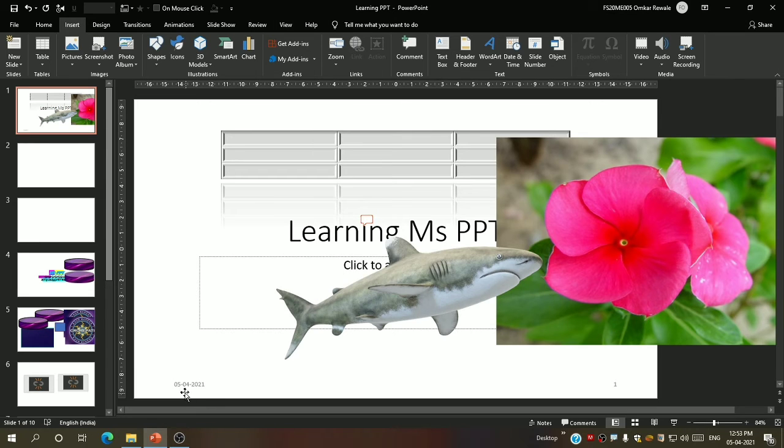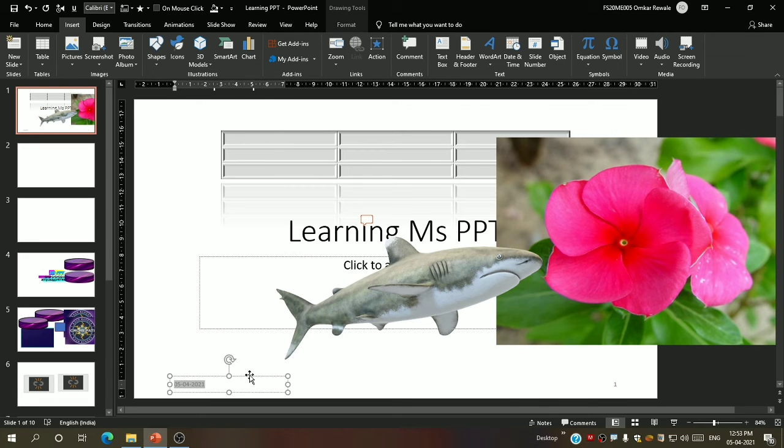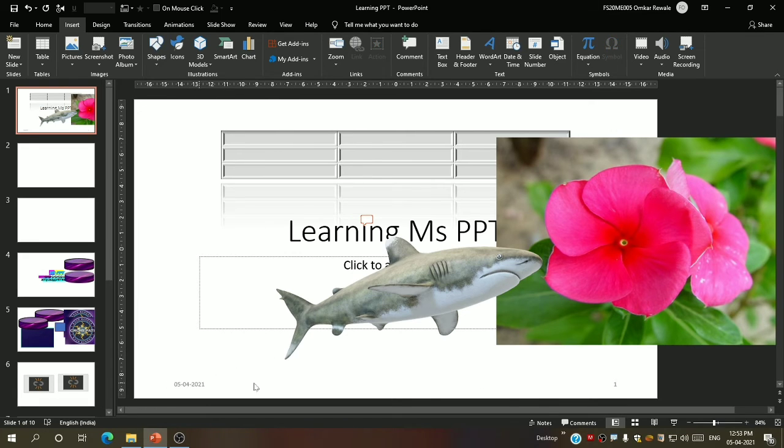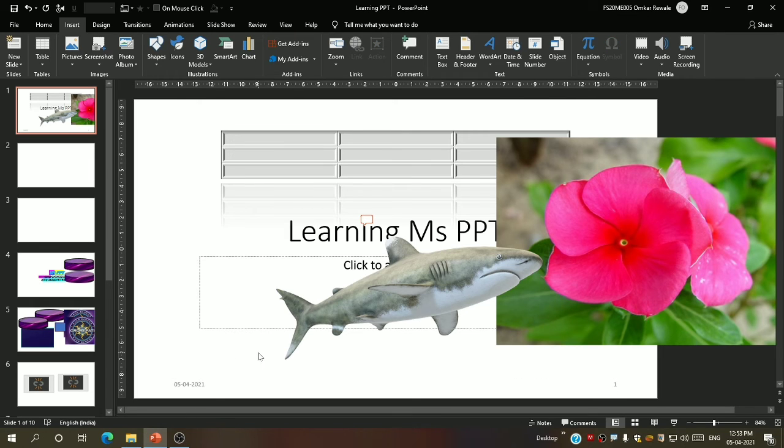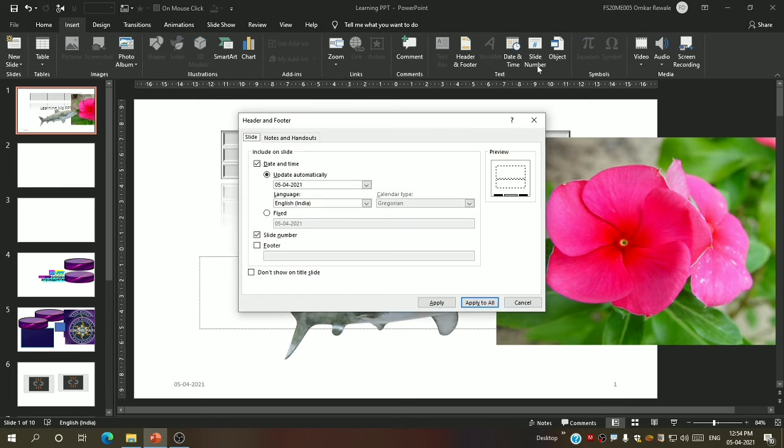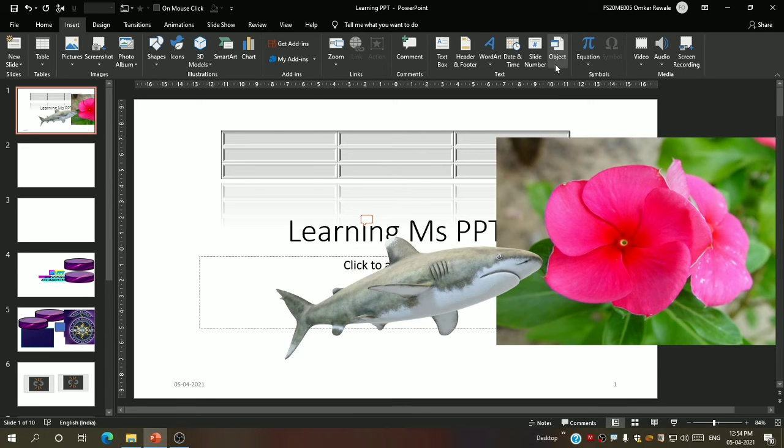You can see over here below, slide number 1 and its time. Okay, now you can also change it by clicking on them. So this was all about the header and footer and also date and time. They are mostly the same. Slide number, now this is also the same, no need to explain.